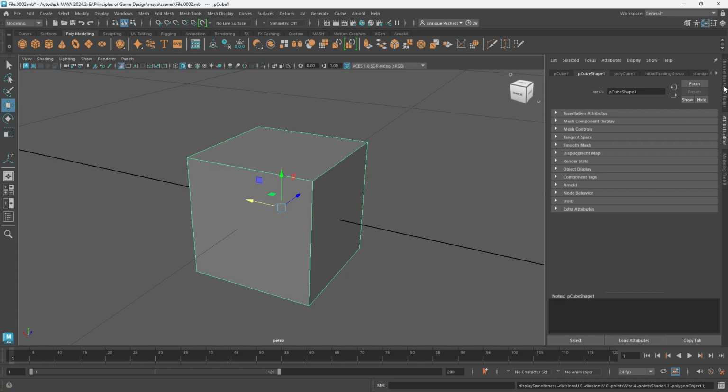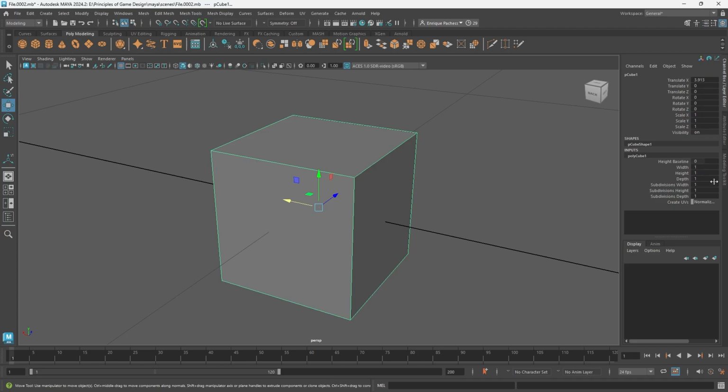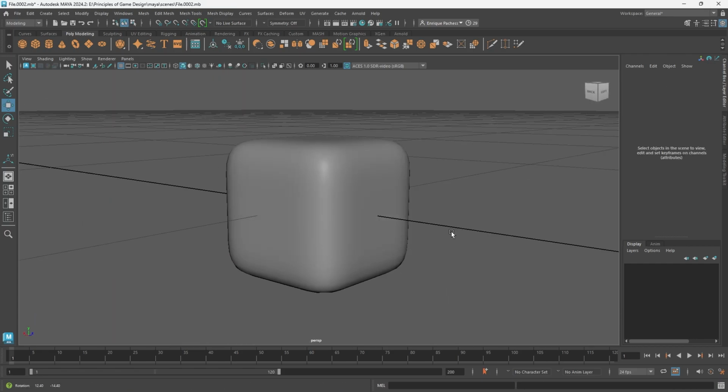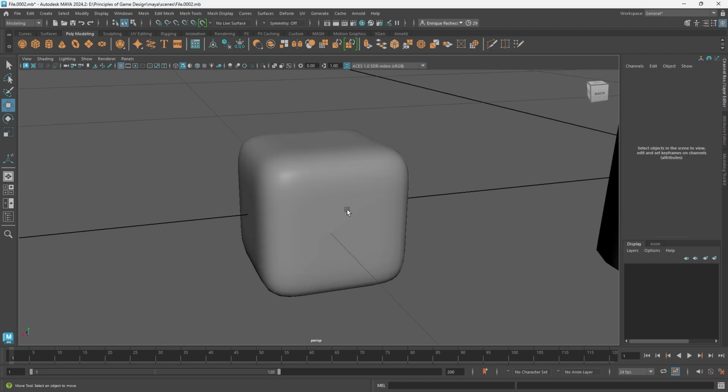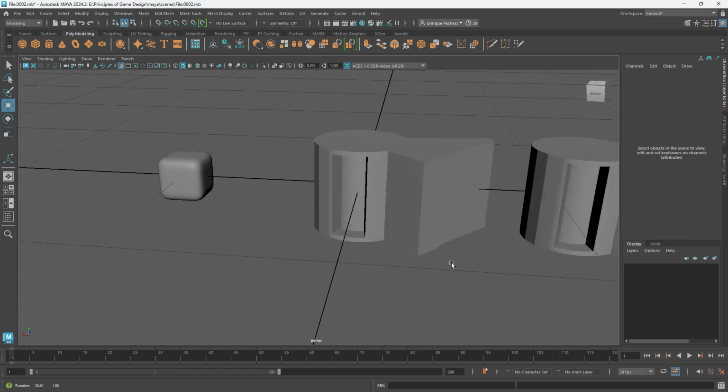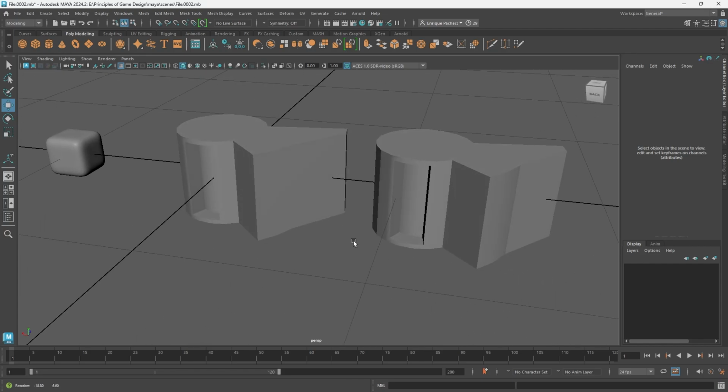The more edges my cube has, the less spherical it'll be. So let's go ahead and add a couple edges. And now when I hit the 3 key, it becomes less of a sphere, but it still becomes smooth. That's why we call the 3 view the smooth preview. So now let's go back to our weird shape,